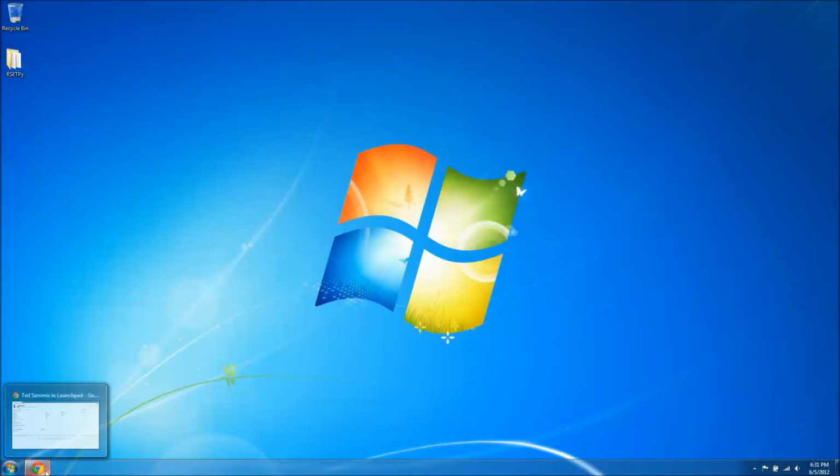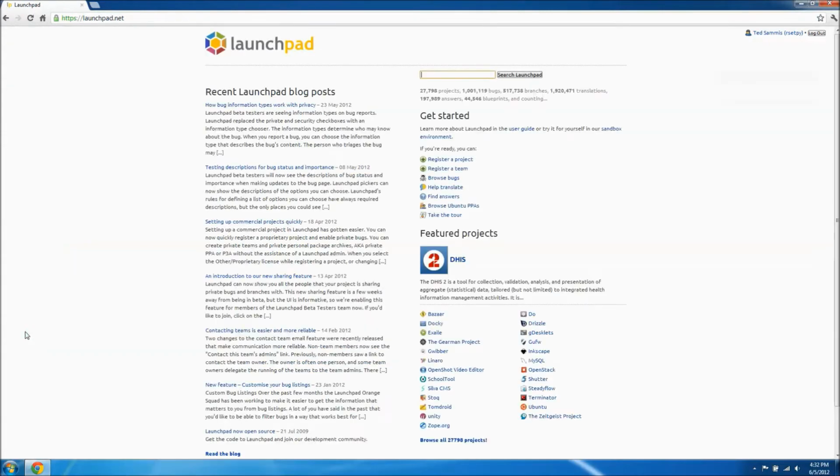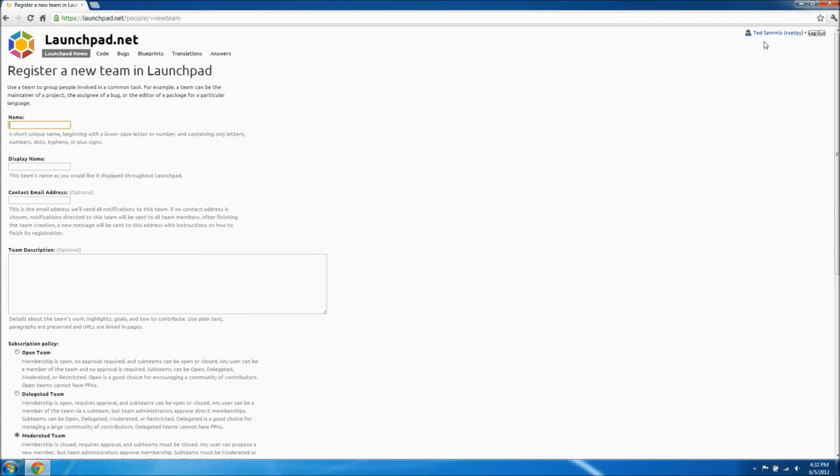Okay, to create a team in Launchpad, I'm going to use the user that I created in the previous video. So here I am on the main page for the user named Ted Samus. I'm going to go to the main Launchpad website, so just launchpad.net, and over on the right there is a link that says register a team. So I'm going to click on that, and I'm logged in as this user, Ted Samus, the owner of the